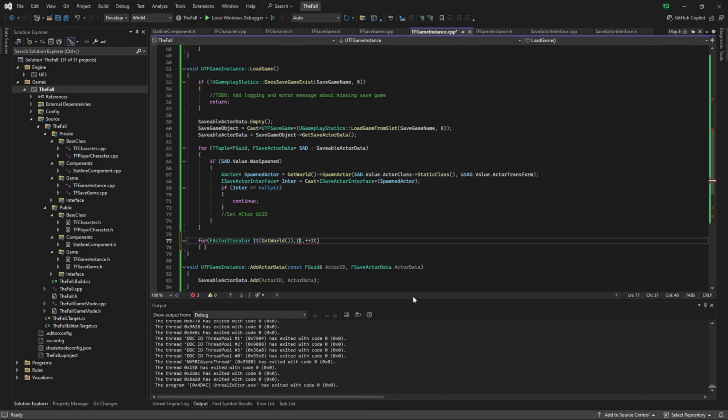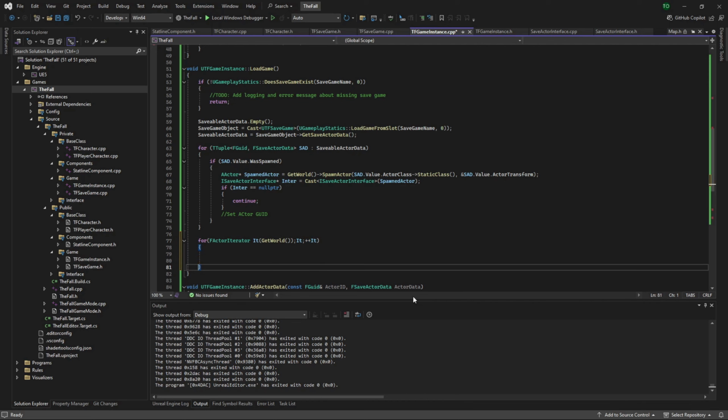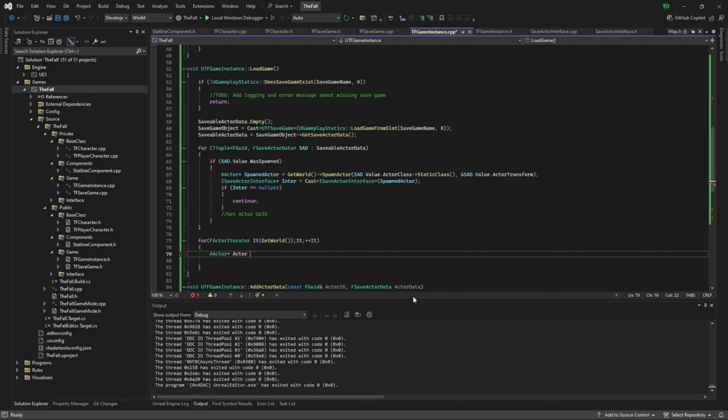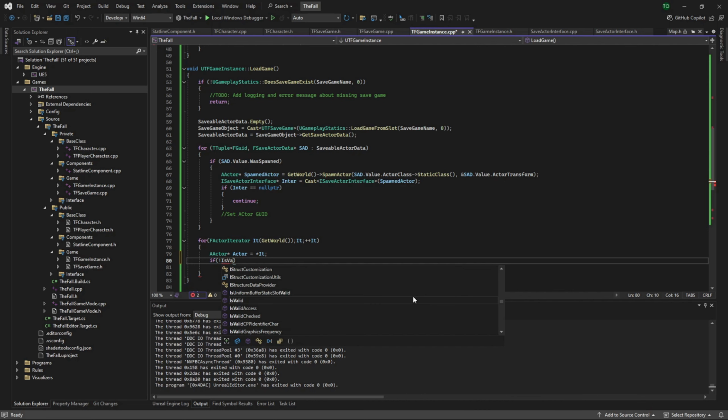It's been a long day today. There we go. So, same as before, AActor pointer actor equals a pointer to the iterator. If is valid,